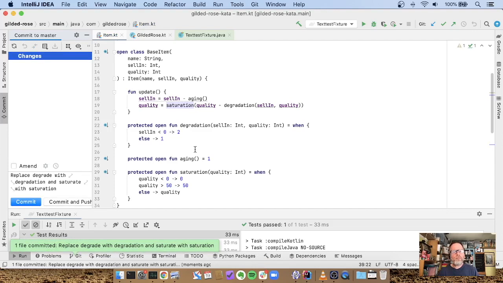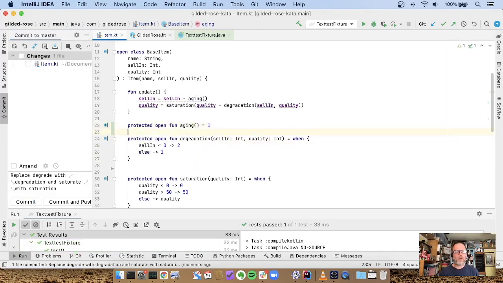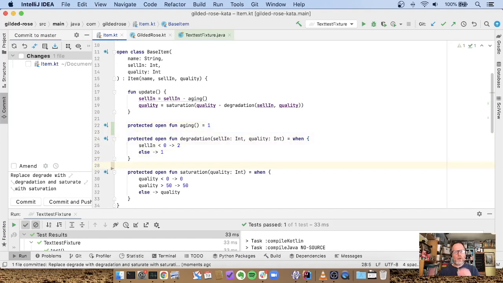Okay, so we've got these policies, if you like. There's aging, degradation, and saturation, not necessarily the right order. So let's address aging first, as it's simple. Instead of having a method to override, we want to have a function to call. And what we're going to do in order to achieve that is we're going to make this an open val. So it's a value. And if we just swap these around like this,